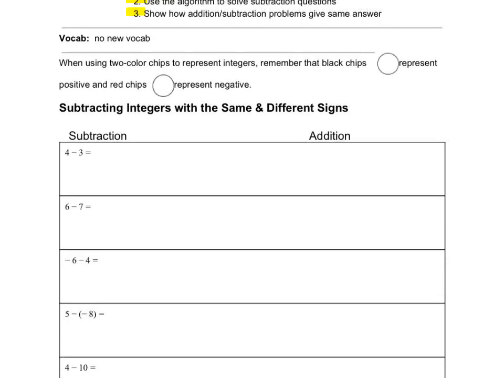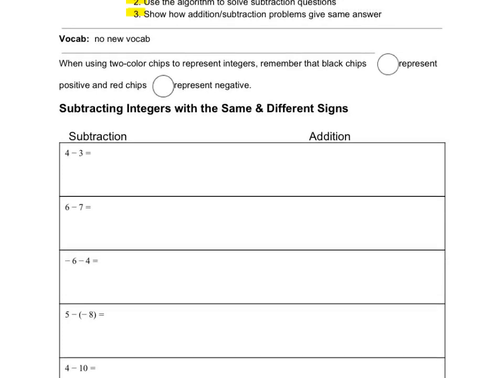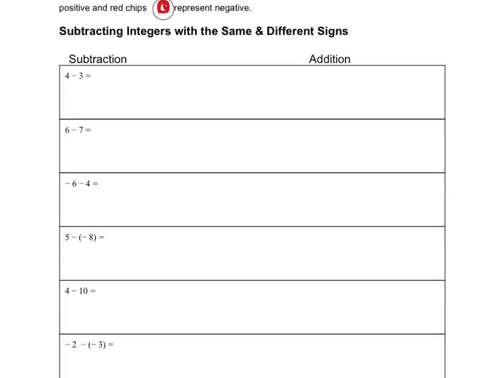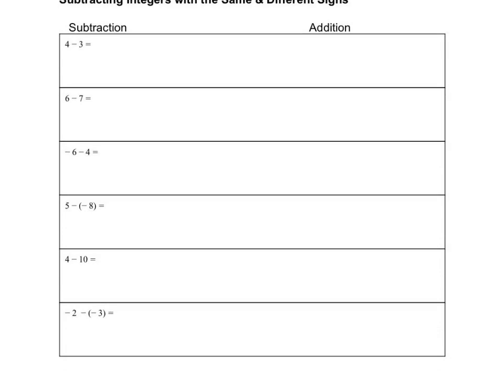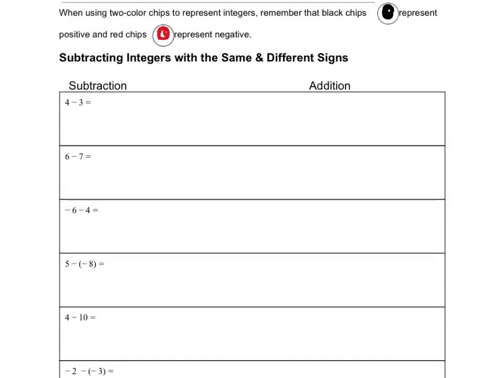For this particular lesson, there is no new vocab, but we will be continuing to work on the fact that for this video, black will represent positive and red will represent negative. You may use the colors of your choice. Just make sure that you have a key so you remember which color represents the positive and which color represents the negative. So I'm going to start by going through all these examples, and let me scroll back up here